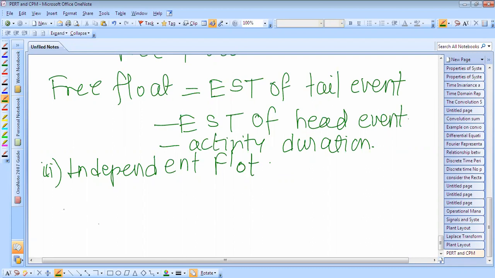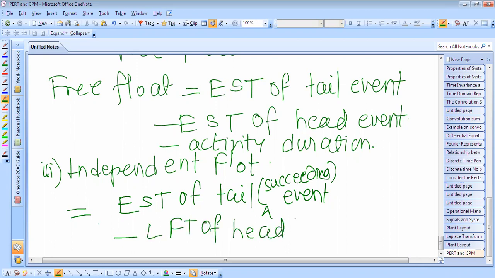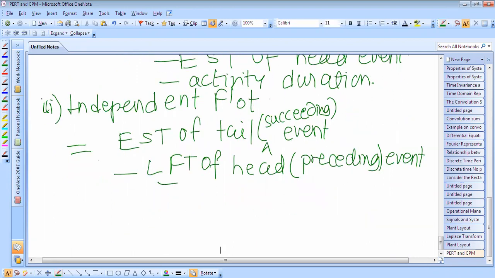So independent float can be calculated as equal to earliest start time of the tail event, tail meaning the succeeding event, minus the latest finish time of the head, meaning the preceding event, minus the activity duration. Okay, so this is all about the